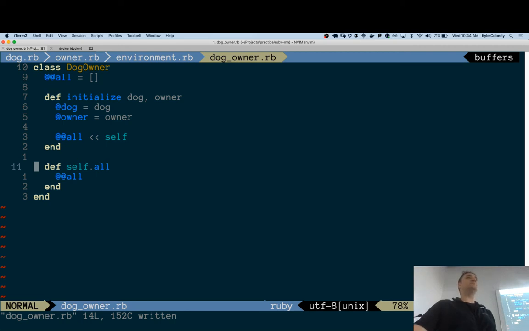What's self? Depends on where. Expand. So, just as we have mentioned before, self within the initialize method is the instance object that you've created, which you're shoving into an array. And then if you call it within the class, you're calling DogOwner.all, essentially, and then telling it to return the value of that array. Love it. Cool. Somebody else.